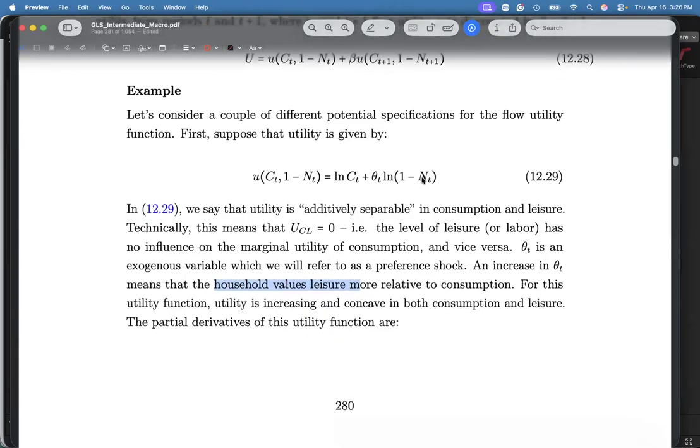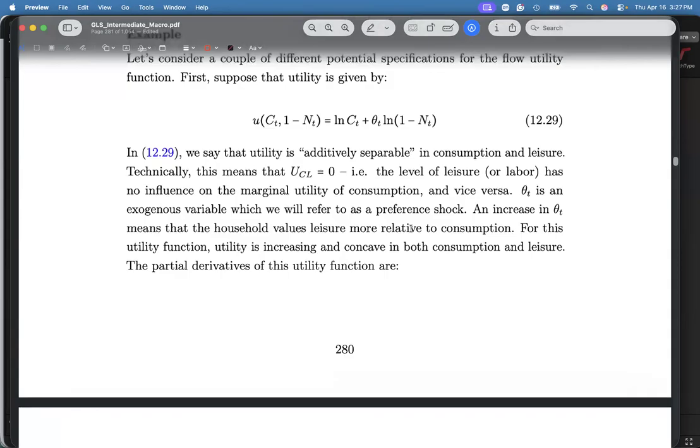Okay? And a lot of people, including myself, back in the day, nalilito ako sa 1 minus N kasi binabaliktad mo yung usual na alam mo sa utility function. Because the utility function usually is the more the merrier, right? The higher, the better. In this case, it's baliktad. The higher the N, the worse you are. Okay, and that's one of the things that you should remember because N is labor and what you value sa utility mo is your consumption and your leisure.